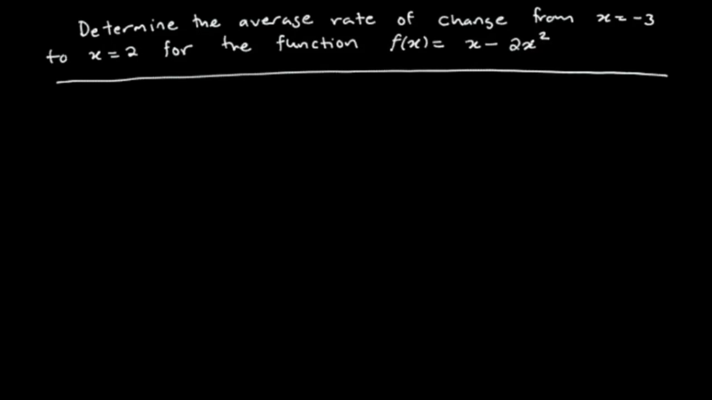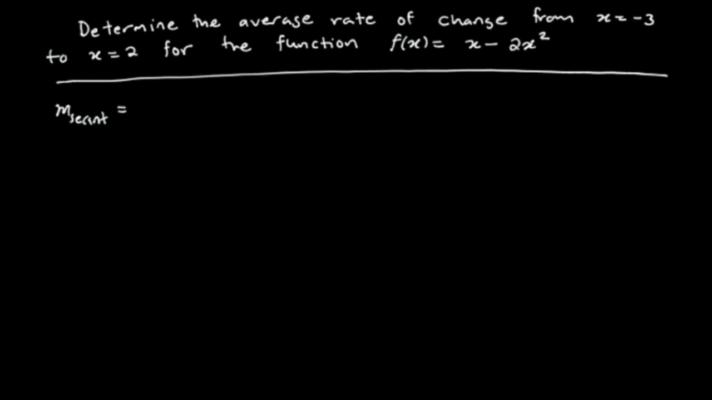Alright, let's say we wanted to figure out the average rate of change between 2 points on a particular function. In this case, I wanted to determine the average rate of change from x is equal to -3 to x is equal to 2, and our function in question here is f of x is equal to x minus 2x squared. Alright, so we know that the average rate of change is technically the slope of the secant, and